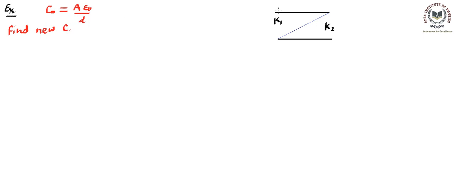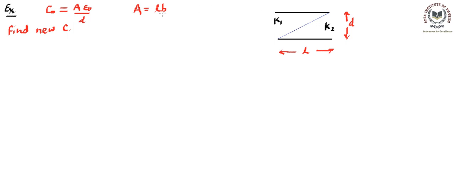Now we will assume this area A is made up of two things. So this area A is basically L into B, where L is this length of the plate that we can see. L is large enough. And D is the gap between these two plates, so D is this distance. And B is going to be another dimension. Since the plate is two dimensional, one dimension which is running perpendicular to this whiteboard is the dimension B.